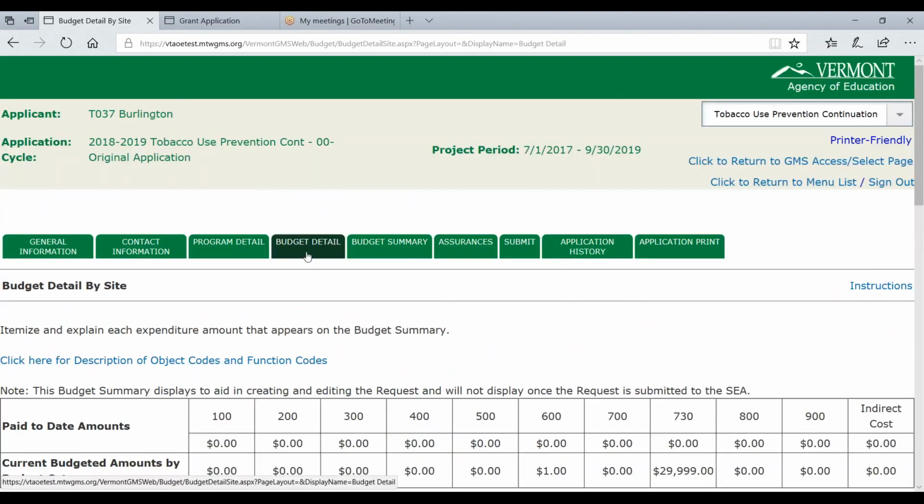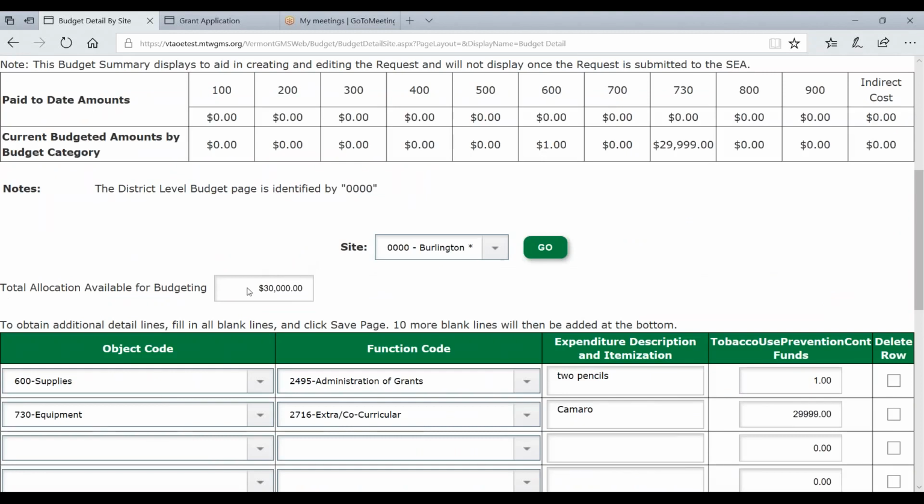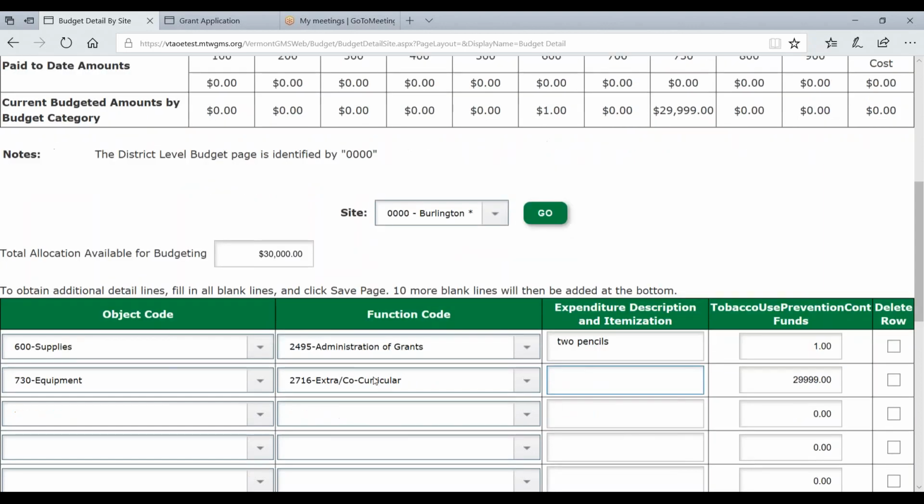I clicked on the budget detail tab, and what happens is it brought up the fact that there is a total of $30,000 available for budgeting, and in fact you must budget all $30,000. That is the requirement for the tobacco grant. There are some programs that allow you to budget less than your allocation, but tobacco requires that you budget the full allocation. And so, again, here on this page, the total amount that was available for budgeting, we're going to